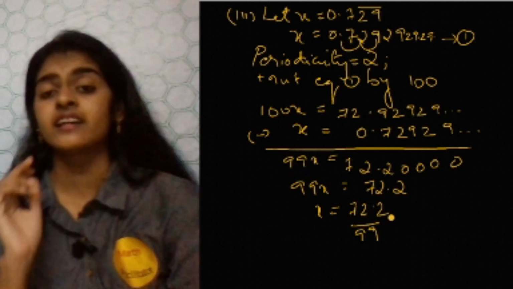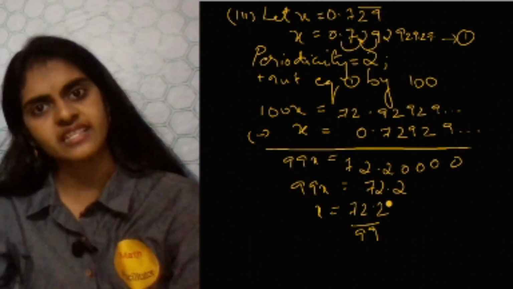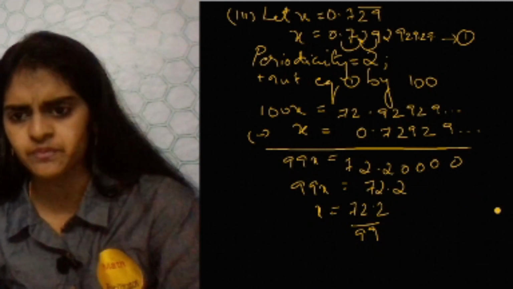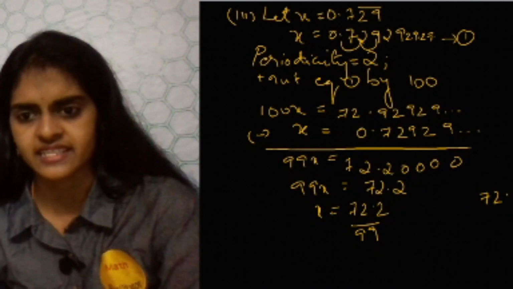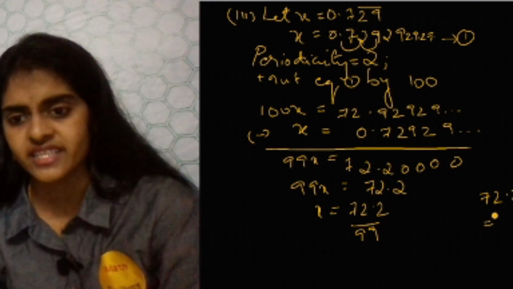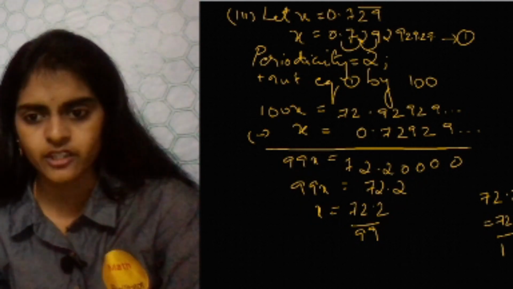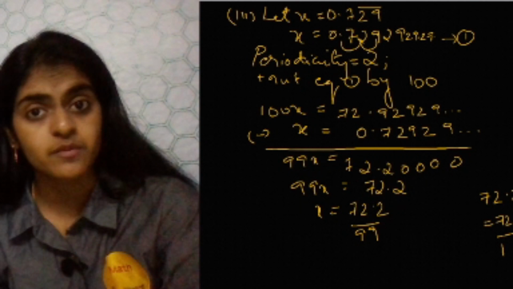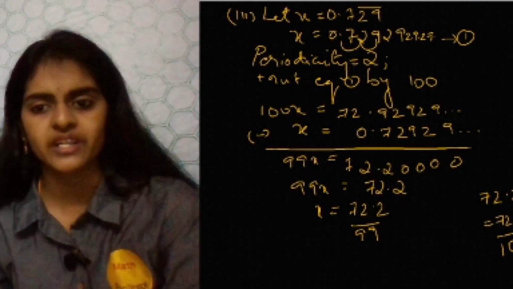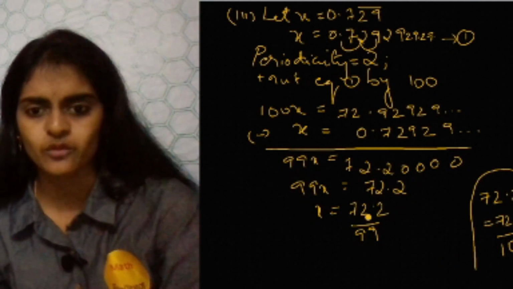Fine. But see, did you get a rational number here? The numerator is 72.2. It is again a decimal, isn't it? So we have learned in the first question, suppose you have a number like this, how will you convert it into rational? You will just write the entire number here in the numerator without the decimal point, and you'll write 1 in the denominator, and see how many decimal places are there. How many are there? One place. So this is 722 divided by 10, isn't it? This is what we have learned in the first question. Yes, so we shall apply it here.